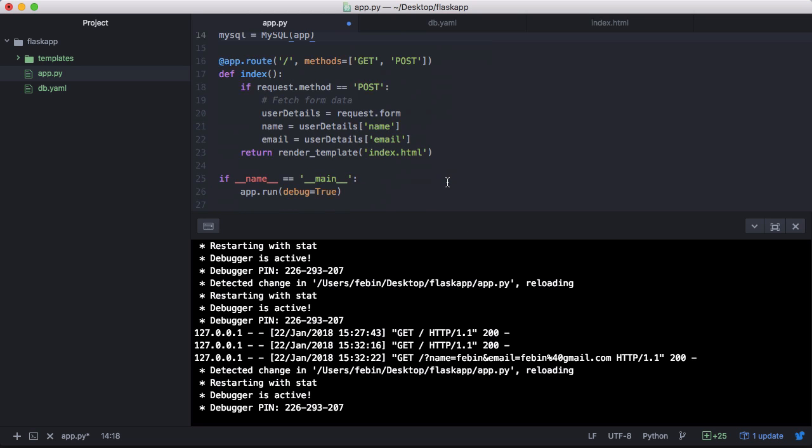So within our post request, we need to create a cursor by making use of the MySQL object. So let's create a cursor, and to create a cursor, it's mysql.connection.cursor. Now by making use of this cursor, we can execute queries on our MySQL database. So that would be cursor.execute. Now the query which we want to execute here is to insert the name and email into the table called